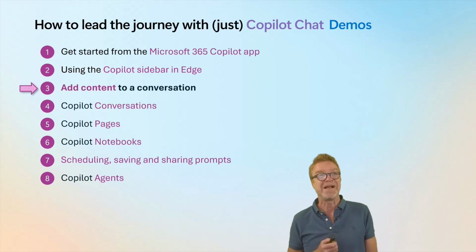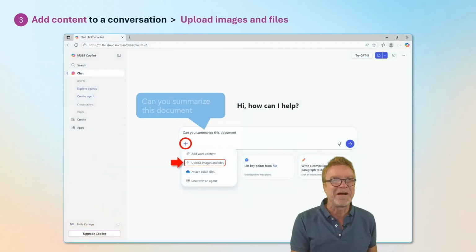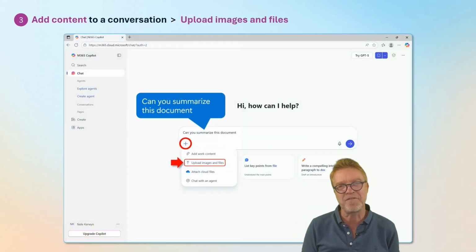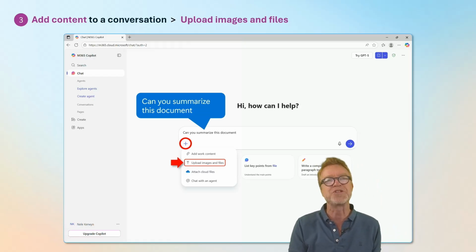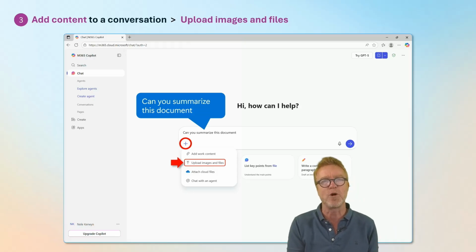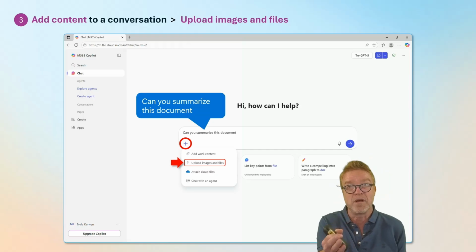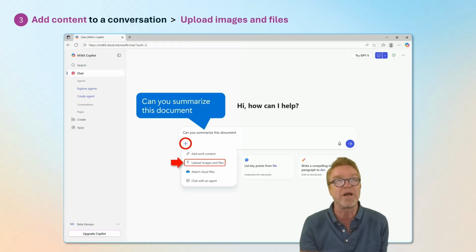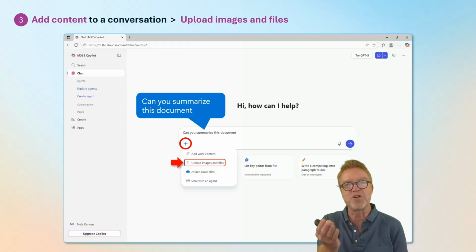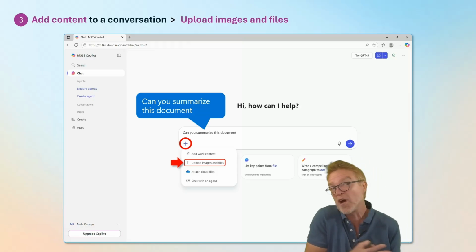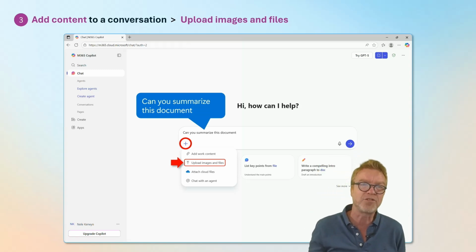Of course, and that's where people really typically get quite excited. I think many of us have had difficulties fully understanding why you have these 4 options there. I will be explaining each of these 4 options, starting with the first 3. So here I'm again in the context of the Copilot chat application, and I'm asking it to summarize this document. Now, I need to specify what document. Now you have 3 options, and you can click on the plus button, and then the second option is upload